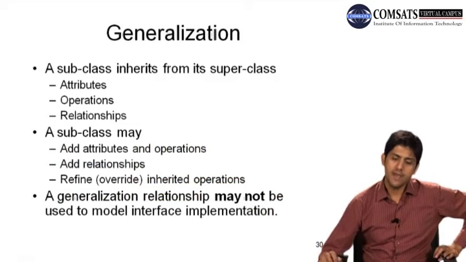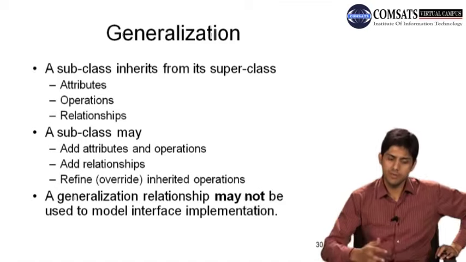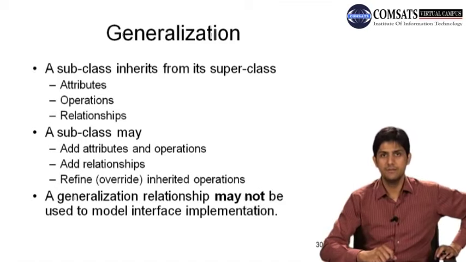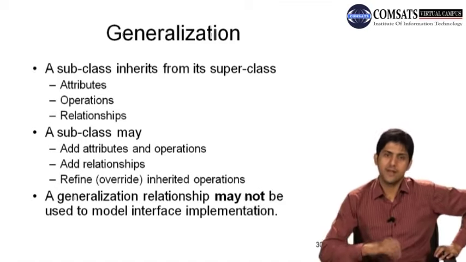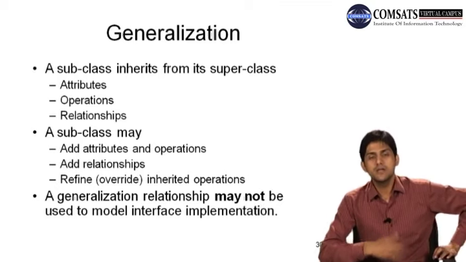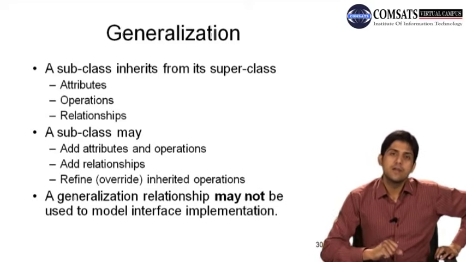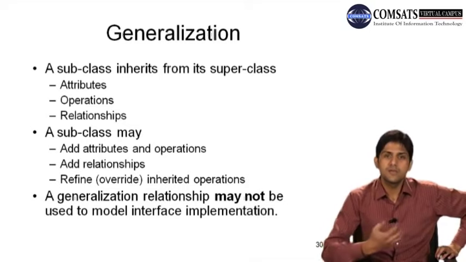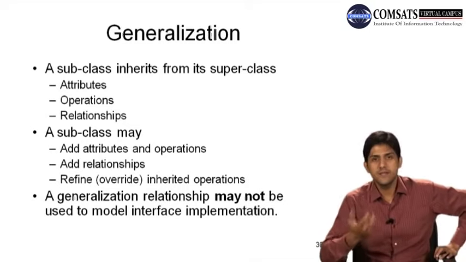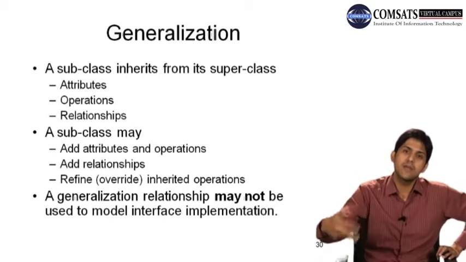और a subclass inherits from its super class, ठीक है, और इससे क्या क्या इनहेरिट करती है, all the attributes, the operations and the relationships. और a subclass में add attributes, जिस तरह सर्कल के अंदर आप और एडिशनल एट्रीब्यूट्स भी डाल सकते हैं, ठीक है। जिस तरह सर्कल के अंदर शायद उसका रेडियस आ जाएगा, ठीक है। इसी तरह रेक्टेंगल के अंदर उसकी शायद 4 साइड्स की लेंथ आ जाएगी, ट्राइंगल के अंदर 3 साइड्स की लेंथ आएगी, ठीक है। तो it can add attributes over the attributes जो कि उसने इनहेरिट किए हैं, ठीक है।